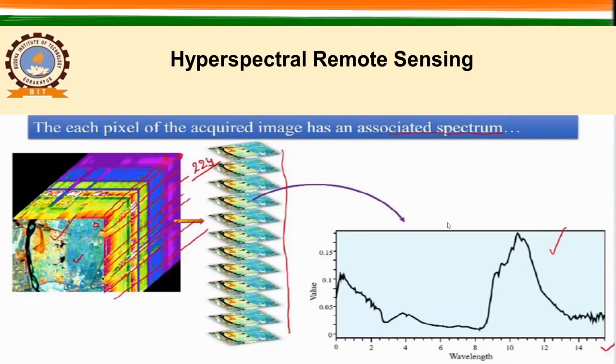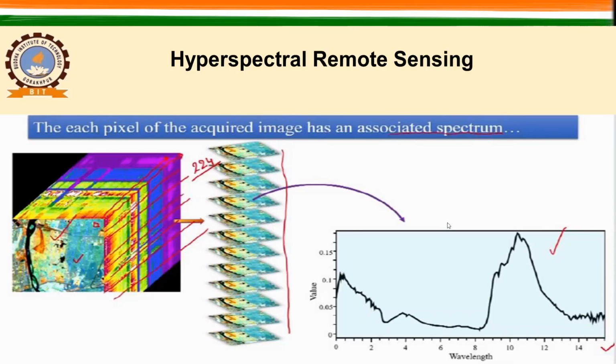If you have such information, then you can definitely characterize your object or material, which is better than multispectral information, because multispectral has low spectral resolution, whereas hyperspectral has high spectral resolution. High spectral resolution is useful for deriving composition related information or internal atomic structure related information of the target. Now you must be wondering why we get this kind of spectral response from a material or a target.